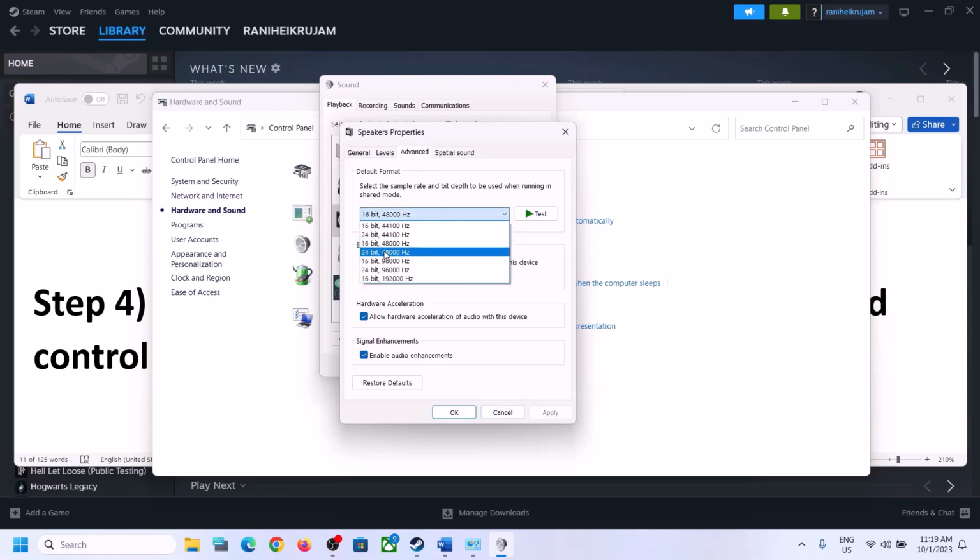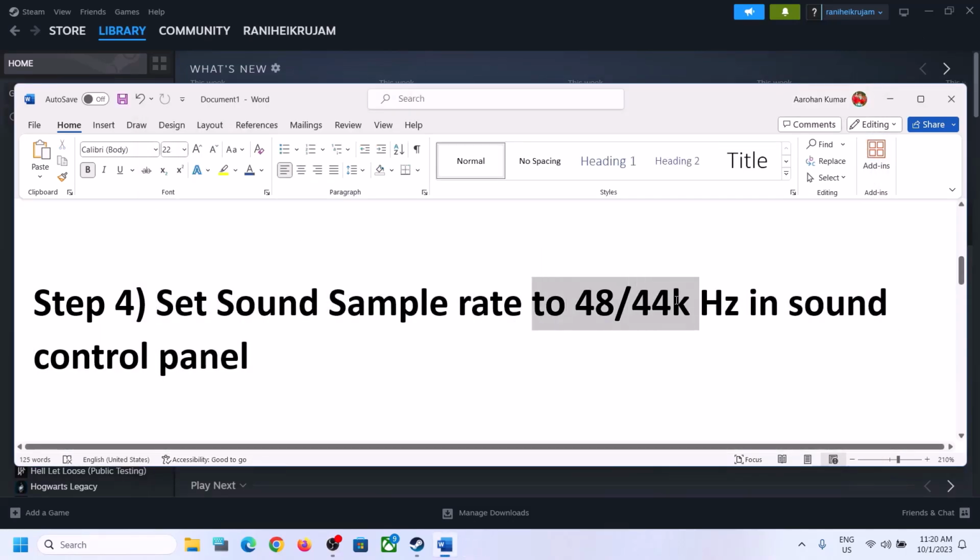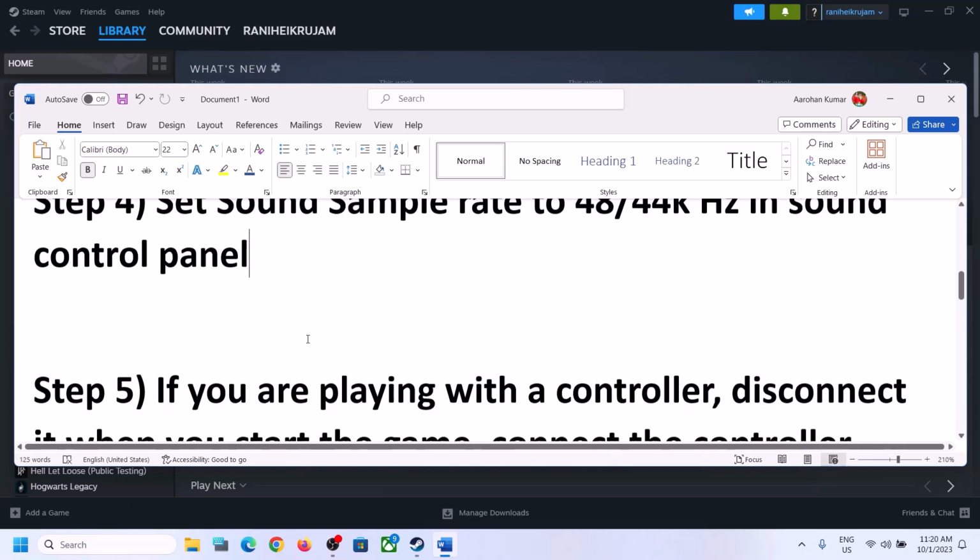So I will select 24 and then apply, and you can also uncheck allow hardware acceleration of audio with this device. If this is checked, you can try to uncheck it and then check. If that does not work, you can enable or disable audio enhancement. So you can put a check, uncheck it, and check which one is working fine for you. So make sure that you select 48,000 or 44,100 hertz in the sound control panel for your speaker, and then